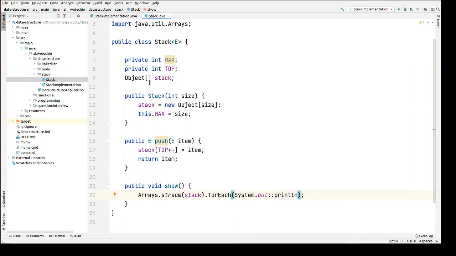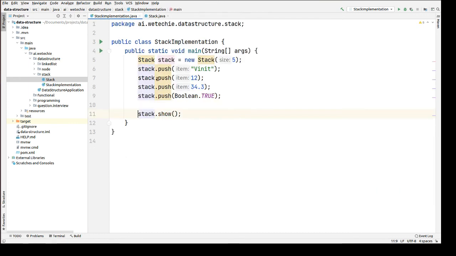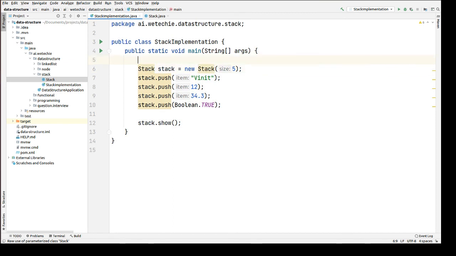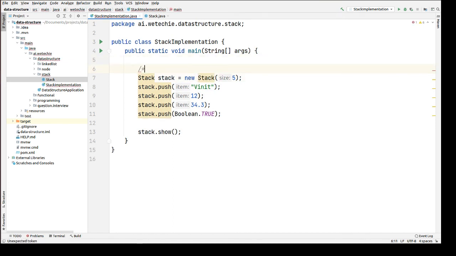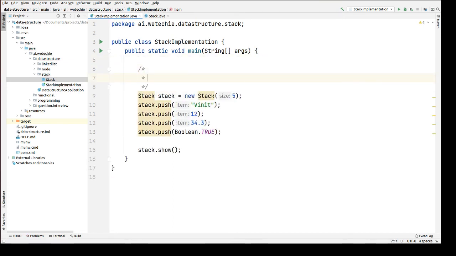Okay, now this is resolved. So let me add comments here. Creating the stack of limited size.